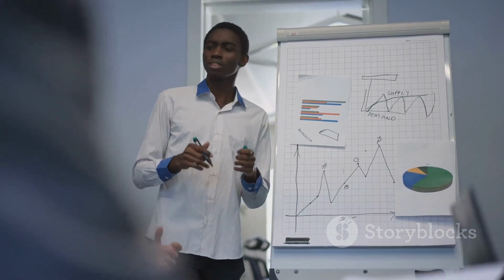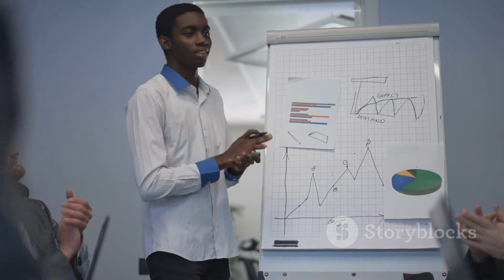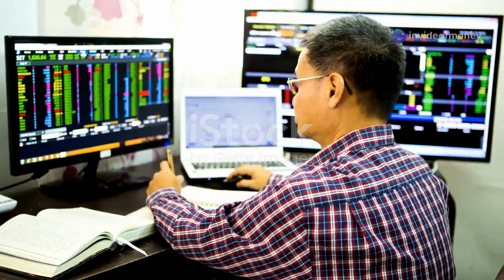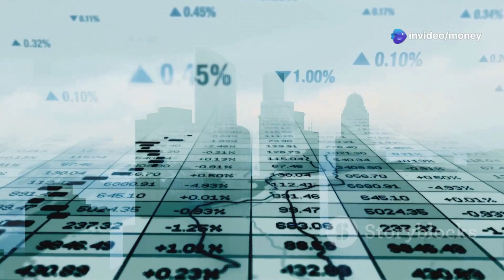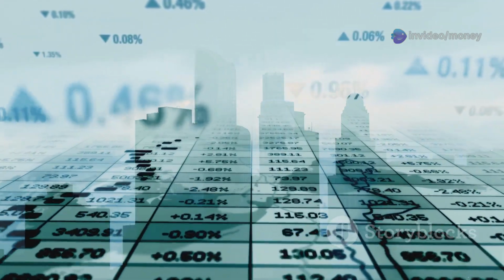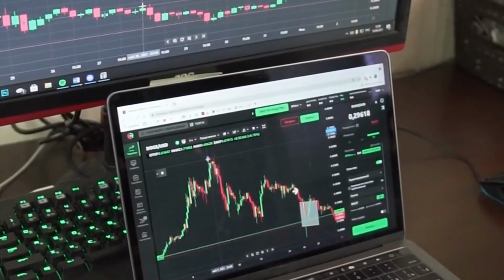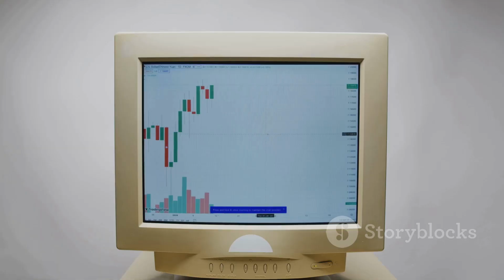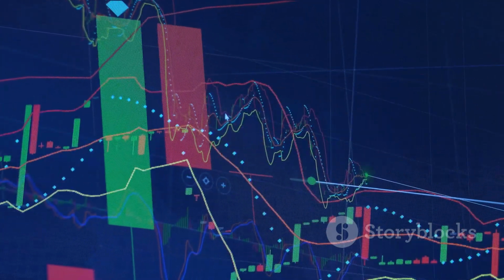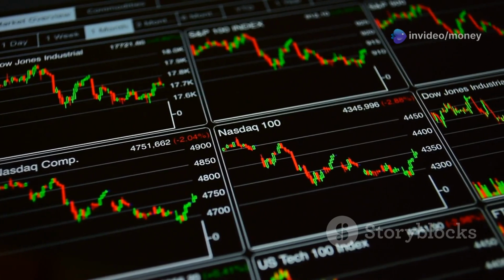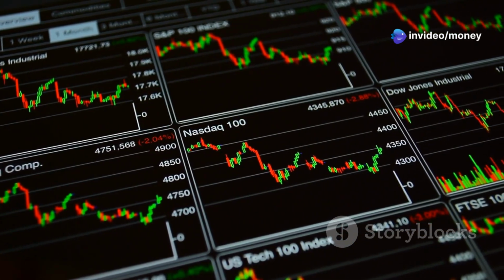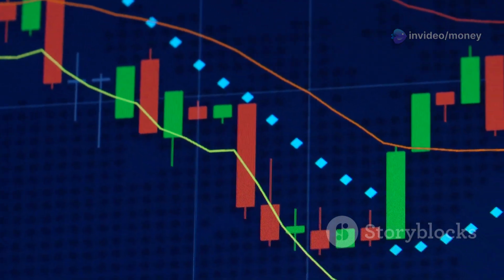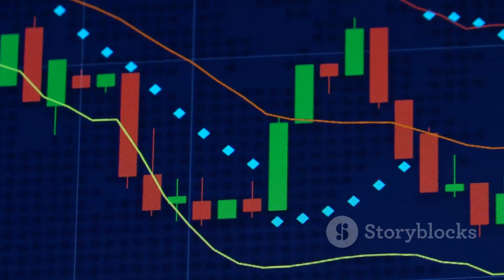Section 5. Comparing the averages and their applications. So, which moving average is right for you? It depends on your trading style and time horizon. Feature: SMA, EMA, WMA. Calculation: simplest, more complex, most complex. Weighting: equal weight to all periods, more weight to recent periods, progressively decreasing weight to older periods. Responsiveness: least responsive, more responsive, most responsive. Best for: identifying long-term trends,